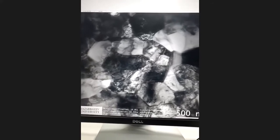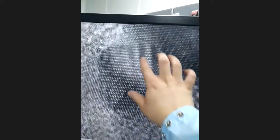You can see stresses inside the sample, and if you have a good orientation of your sample and good sample prep, you can see the single atoms inside the crystalline lattice, of course. Just for example, this is graphene. You can see the crystalline lattice, you can see the scale bar, 2 nanometers, and you can see stresses. The crystalline lattice here has a stress, and we can see something like waves,